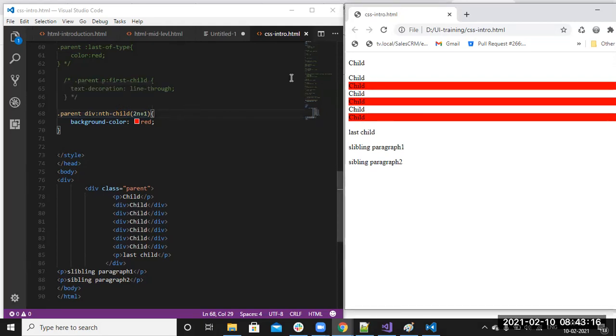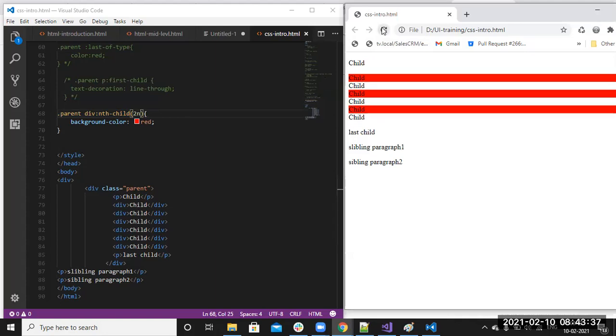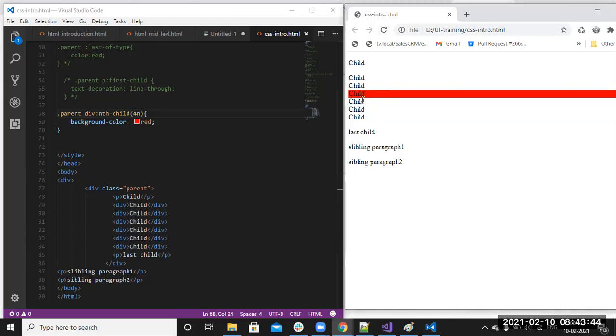First 0 will come, right? First element we need to select, 2n plus 1. First one, right? 2 plus 1 is 3, third element it is selected. Next 2 plus 2, 4, 5. I think we will do that with another thing. Here, every fourth element you want, that fourth element. The next fourth element is not there.